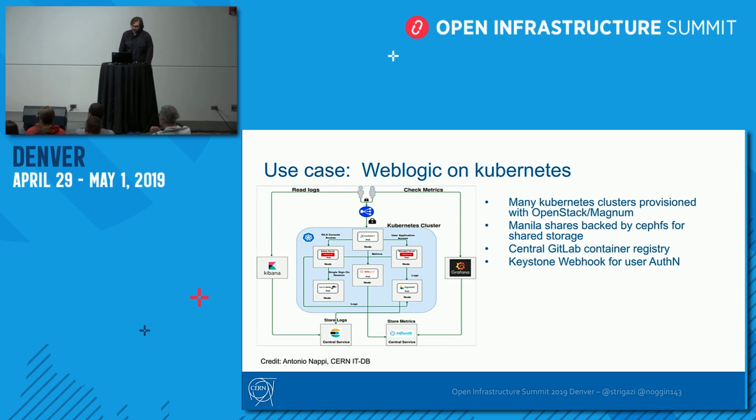I have 2 more, so now we're going more into traditional IT. This is the WebLogic on Kubernetes project that was done by the DB group. This is actually the most cloud-native way, I would say, to use Kubernetes in our department. They started developing the application from scratch. They moved all the Oracle components they have into pods, and they benefit from all the modern cloud-native monitoring systems like Telegraf and so on to monitor and